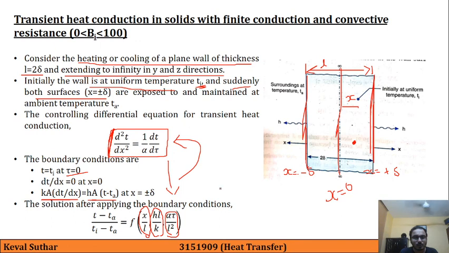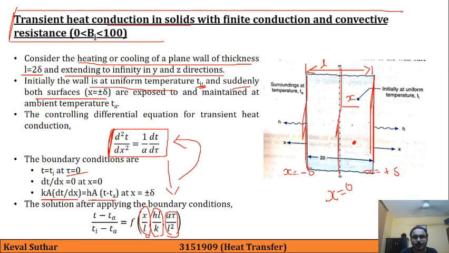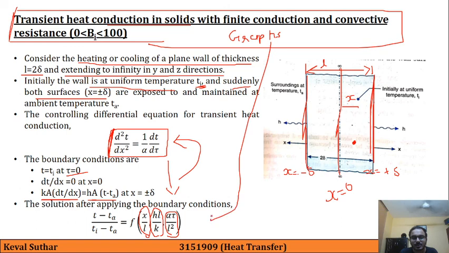Now to go further on this, there are some charts which are used for obtaining the temperature and heat flow rate subsequently. So I would suggest you go into our prescribed reference books, in which you will find various graphs regarding this theory. That is self-study for this topic. Okay, so here let me write down: there are some graphs that you need to study based on this. This is part of your self-study.